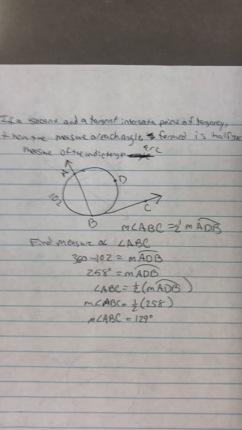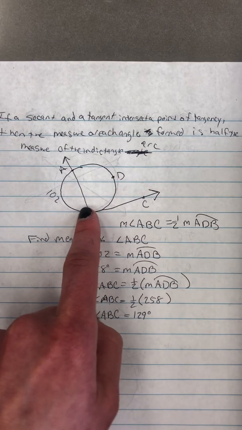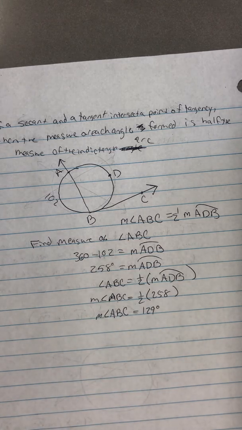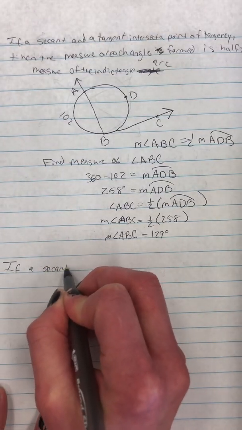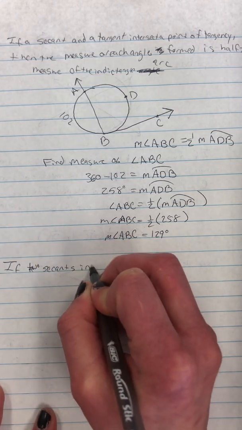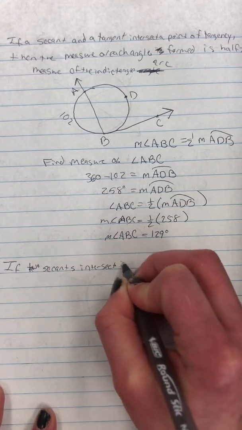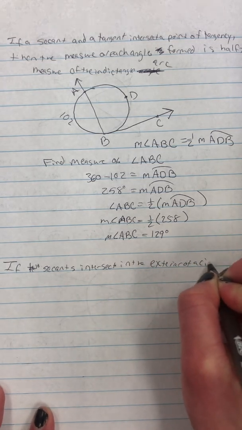Okay, we're going to keep going. There's a little bit more to talk about. We're going to be talking about two secant lines creating an angle, and a secant and a tangent, on the exterior. So right here we were talking about the interior. Now we're going to be talking about the exterior. So let's start. If two secants intersect in the exterior of a circle,